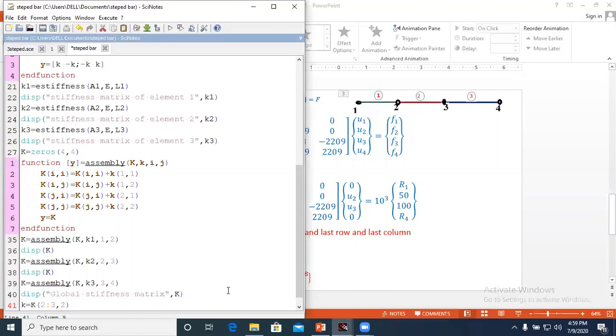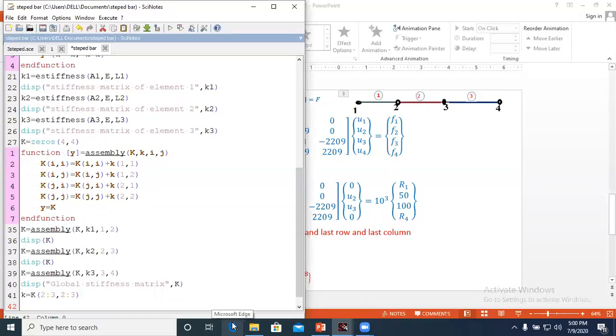Now it will extract the second and third rows and the second and third columns. Here 2 to 3 means row from 2 to 3 and column from 2 to 3, and it is assigned to k. We are extracting from the assembled stiffness matrix or global stiffness matrix.